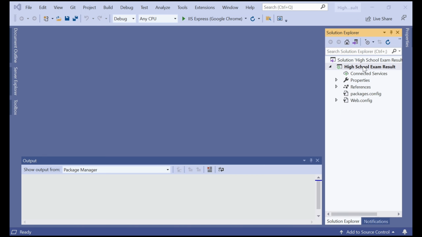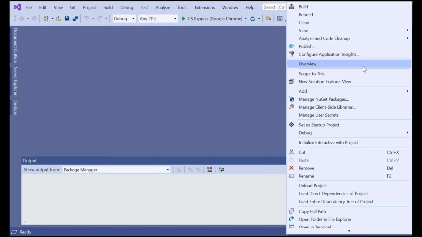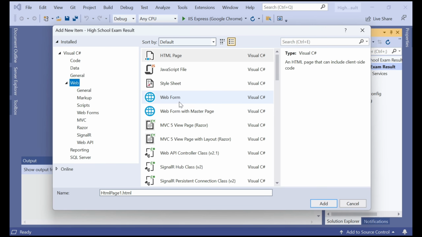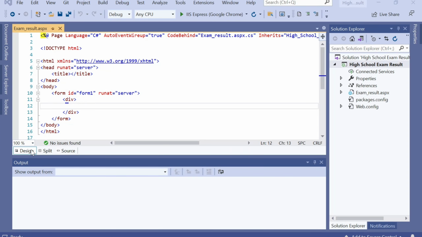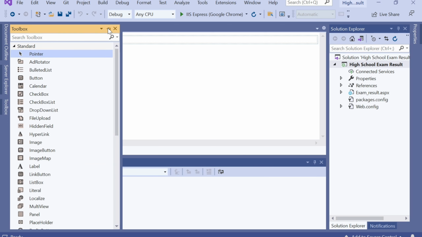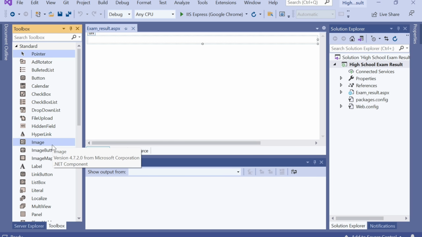Now let's add one web form on the project by clicking on Add, then New Item, then select web form and rename it as exam_result, and click on Add. Now let's design the web form by simply drag and drop the label